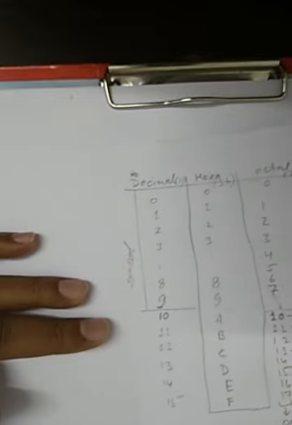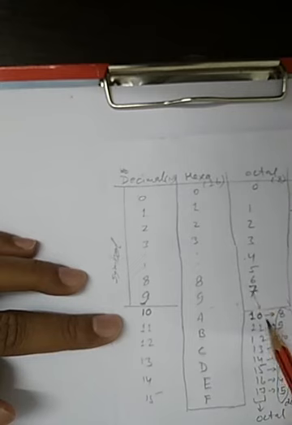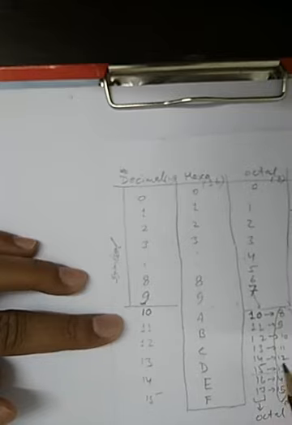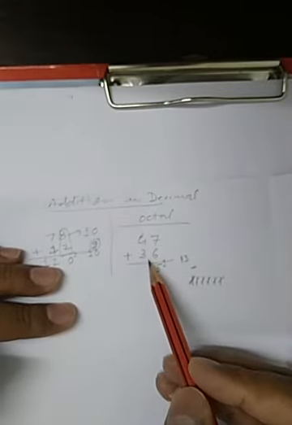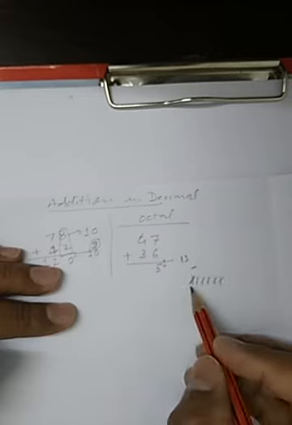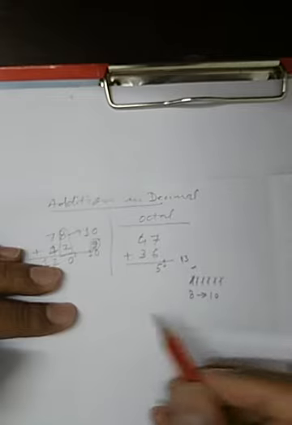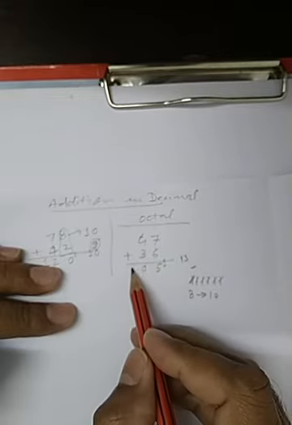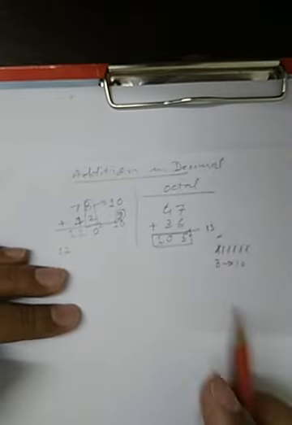So after a maximum symbol is reached, I will produce a carry out of it. In a similar fashion, we can see over here it is happening. So 13 is represented as 15. 5 is there and 1 will be carry. Now look at 4 plus 3 is 7. 7 plus 1 is 8. 8 is not represented in octal number system. How is 8 represented? 8 is represented as 10. So it will be 10 like this. So this is the addition in octal number system.